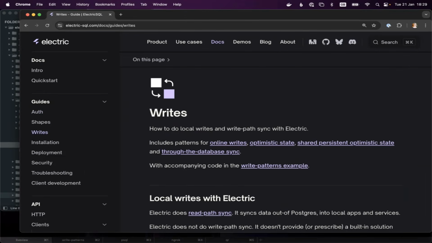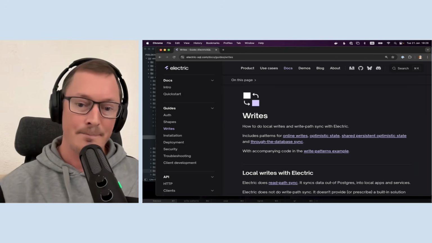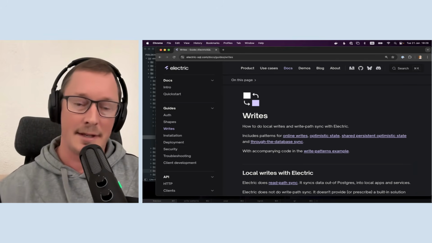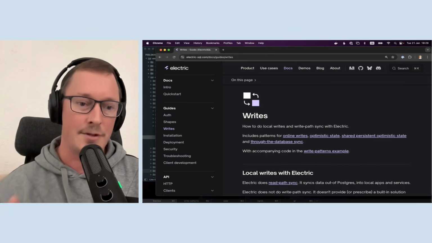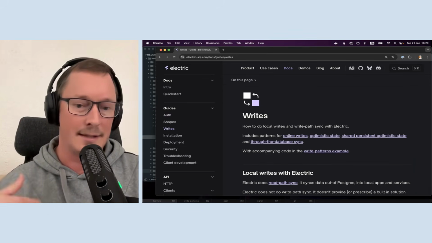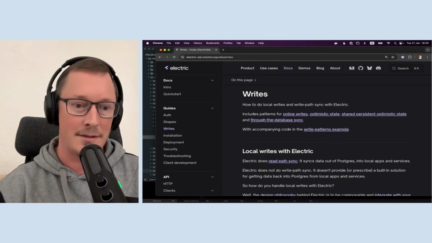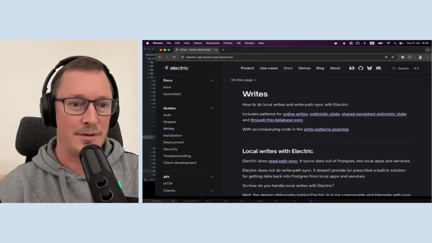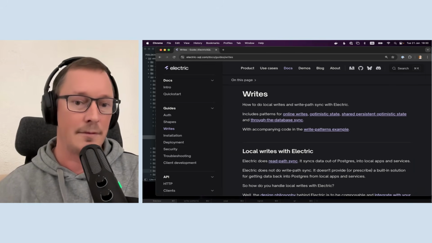So again, Electric is designed to work alongside an existing back-end web framework, which can be anything, but works very well with Phoenix. And again, you could be reusing similar authorization middleware for the read path and write path if you wanted to, and just repurposing or reusing the existing layer that you use to handle writes in your application. And in fact, with some of these patterns, you can just use exactly the way that you would do writes for, say, an API-based application, and then use Electric alongside on the read path and still get a fully local first application.